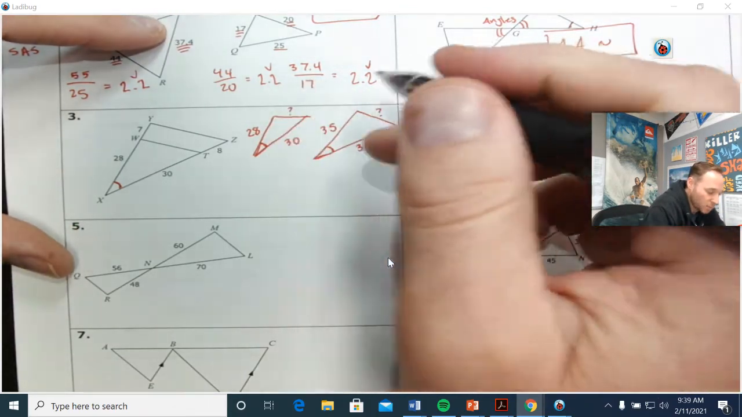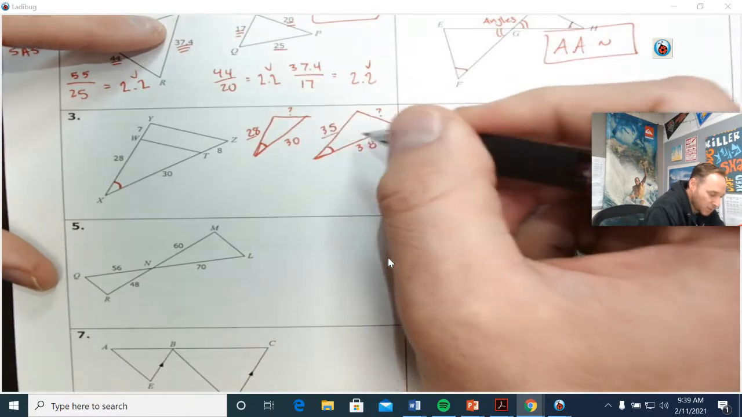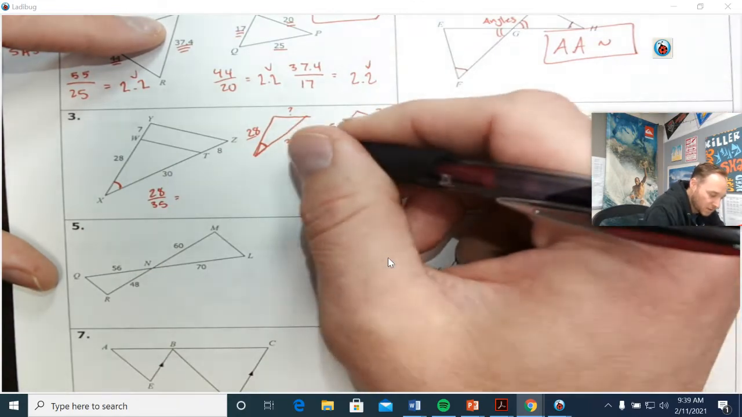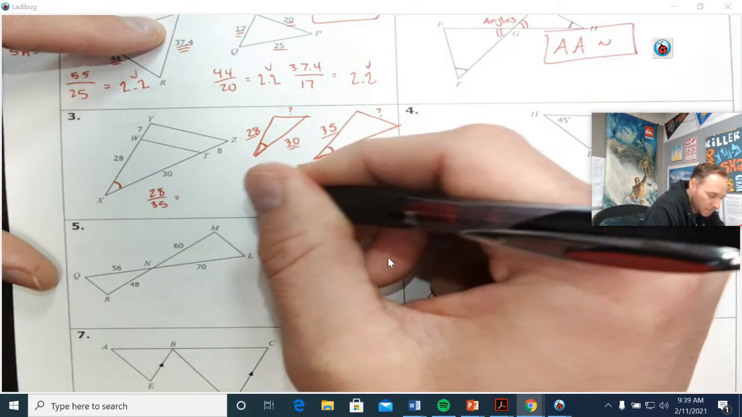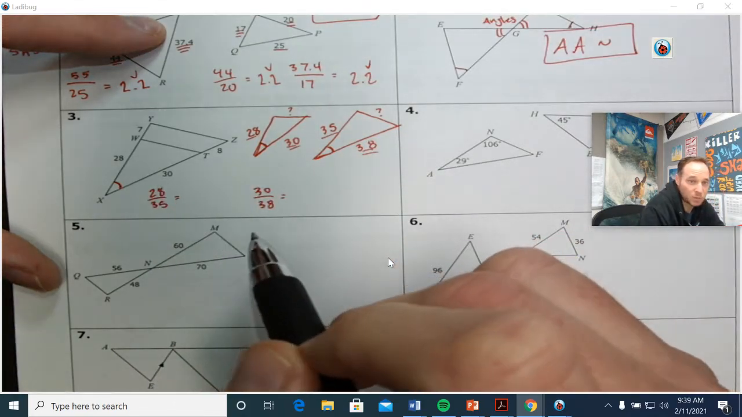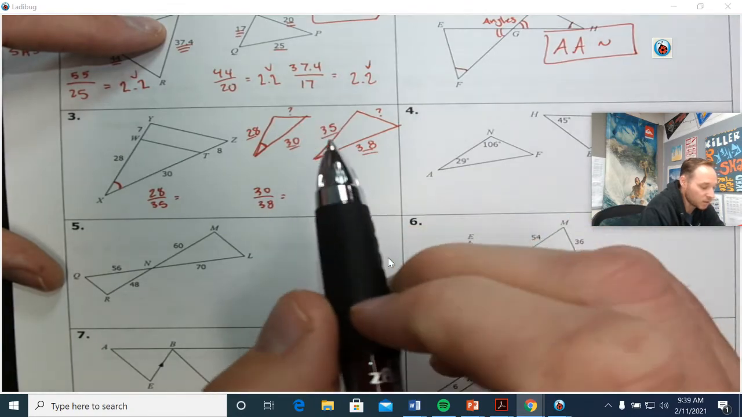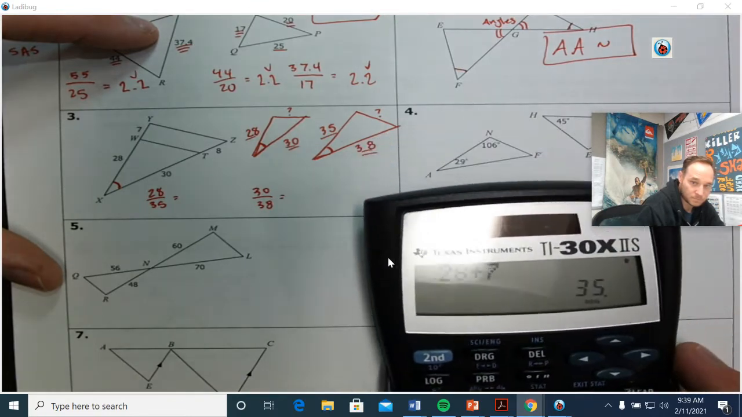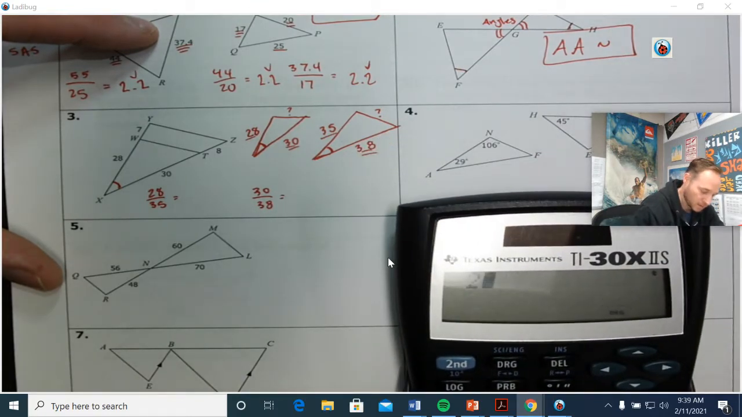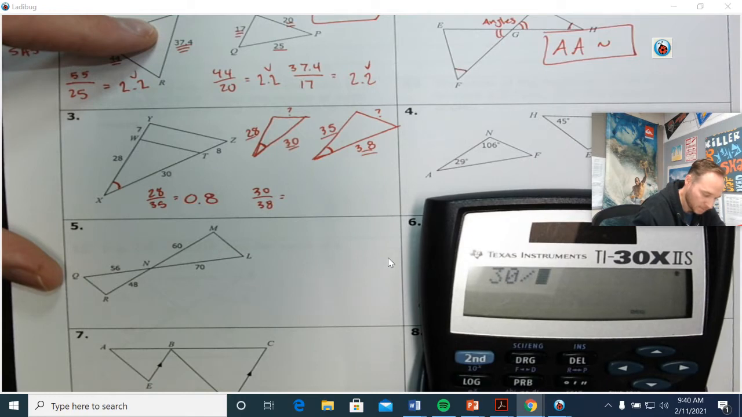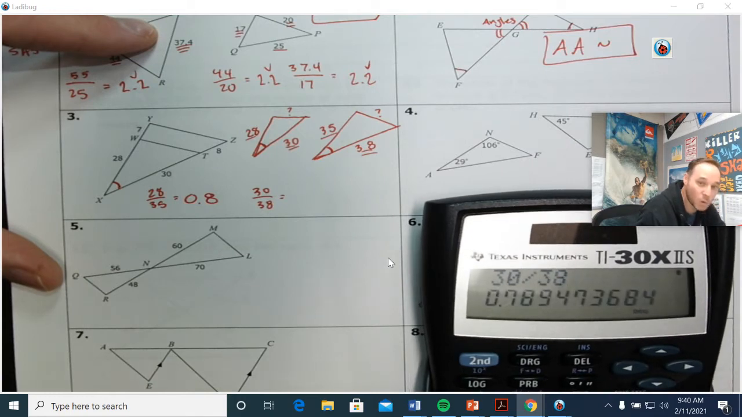Now I need to check some proportions. 28 must compare to 35, so 28 over 35 will have to equal 30 over 38. If these are exactly the same number or the same decimal when I do this, then I would say these are similar triangles by side, angle, side similarity. Let's check and see. There we go. 28 divided by 35 gives us 0.8, and 30 divided by 38 gives us, oh, so close,